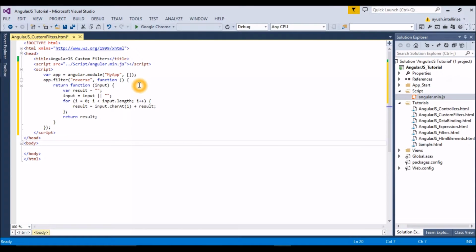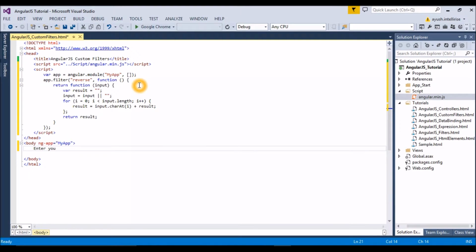In the body section, I will include another predefined directive of AngularJS, that is ng-app, which equals the name of my application, that is app. Then here: enter your name.